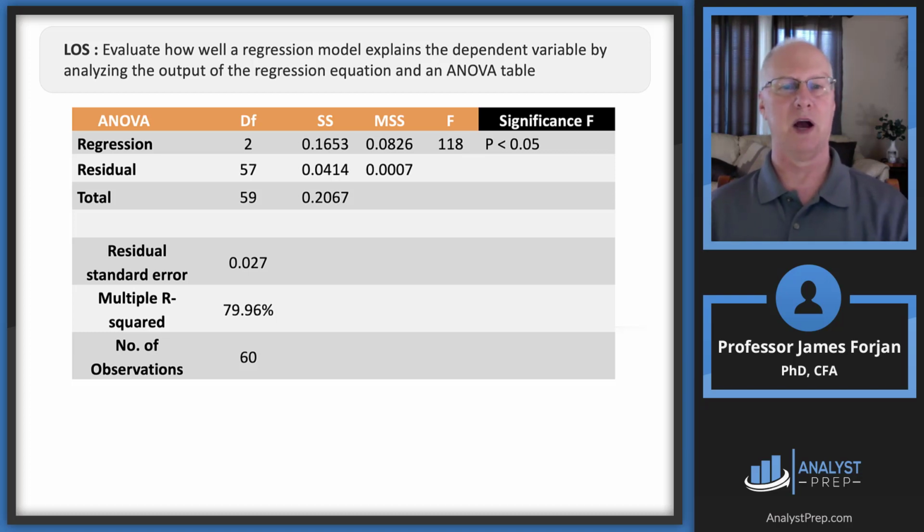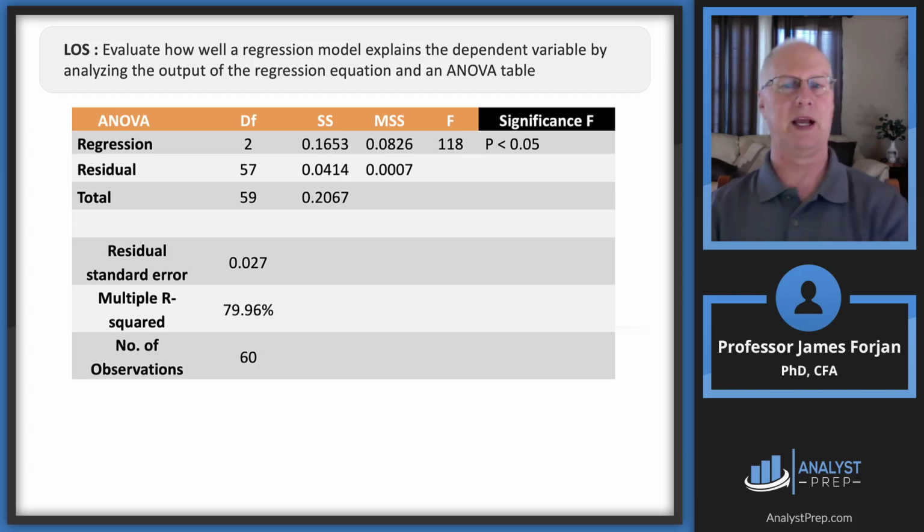All right, so here's an output where we've got 59 observations and 2 independent variables. So look, there's the SS for the regression, there's the SS for the error, and then there's the mean. So all we need to do is take, boy, what are we doing? This is what I was saying about dividing the columns. So all we need to do is take